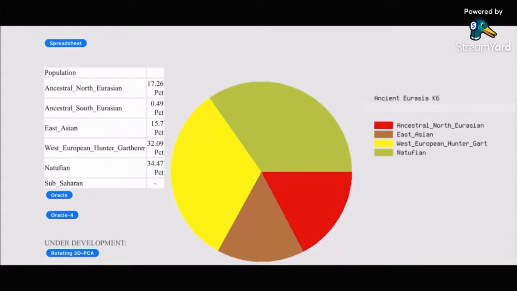Now, however, one might reject this proposal that I just put forth on the grounds that the biblical Jacob lived millennia after the time of the Natufian samples, right? And there may have been significant demographic change in the Levant in that time period. In fact, I'd say there definitely was significant demographic change, right? And that's fine. I think that's a legitimate objection.